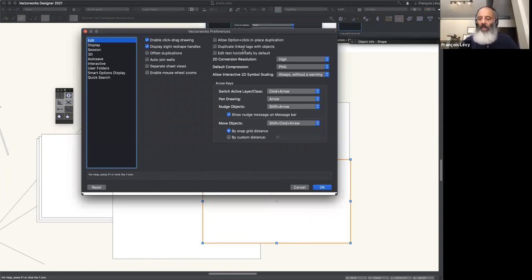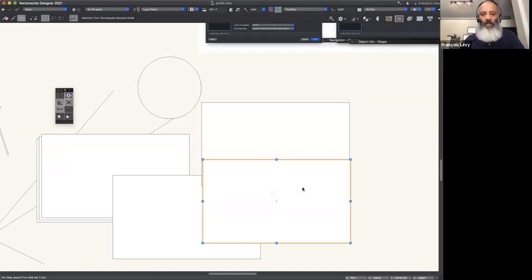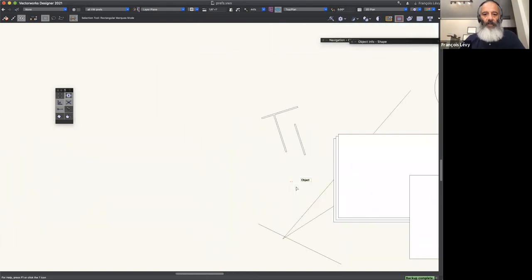Duplicate link tags with objects. I had to double check. This is a new one that snuck in. I thought it might have crept in 2021, but I think it's earlier than that because I checked 2020 and that preference was already there. So there's a perfect example of why you should look at these preferences from time to time, because this is one where I can think of a few instances where I would have liked to have made use of this preference. So if I duplicate my link tags with objects, let's go ahead here and find some clean space to work with,